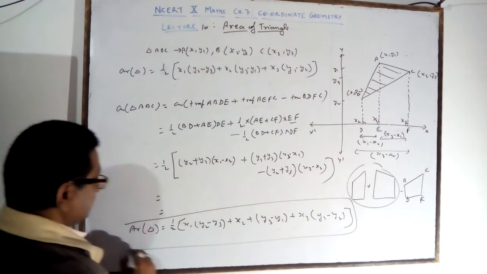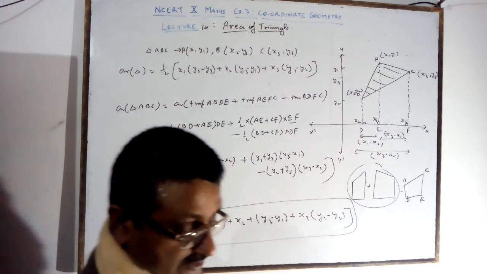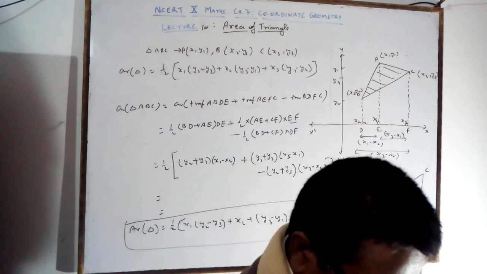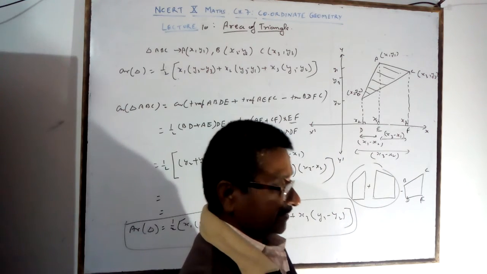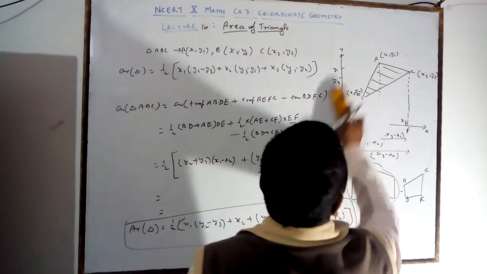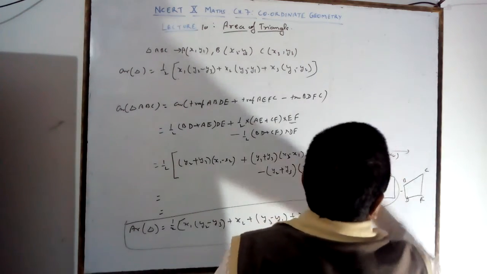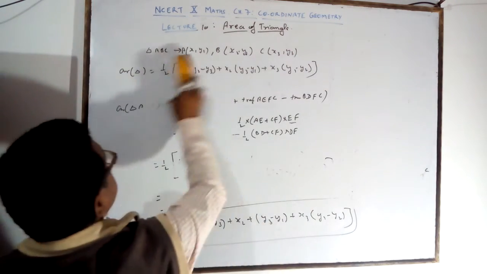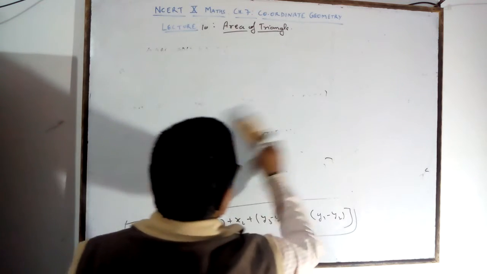You can find it by this formula. Area of any triangle, it is the derivation. By this many questions are given. I hope it is clear. Derivation also. Open the bracket, you will get this. There are some examples given here.